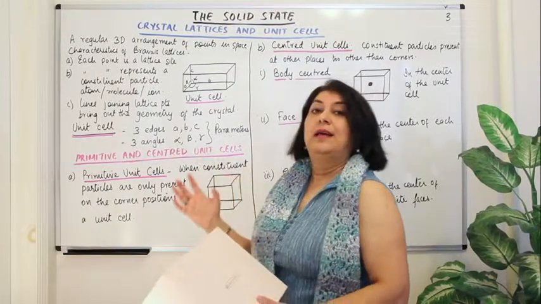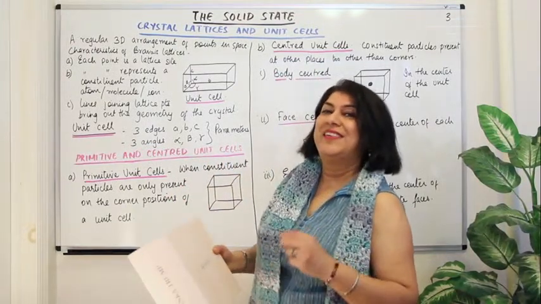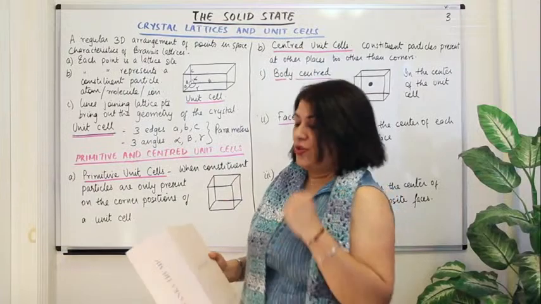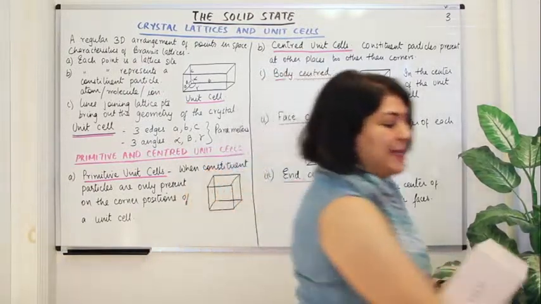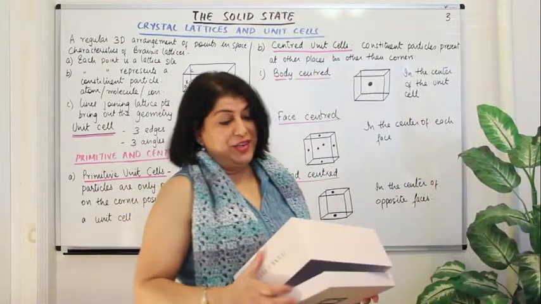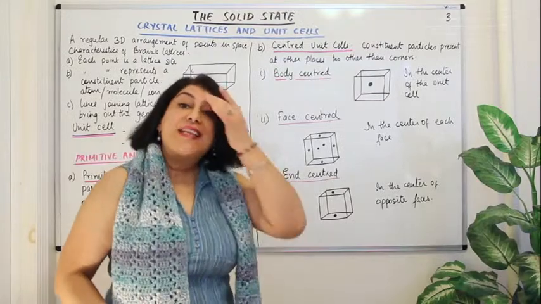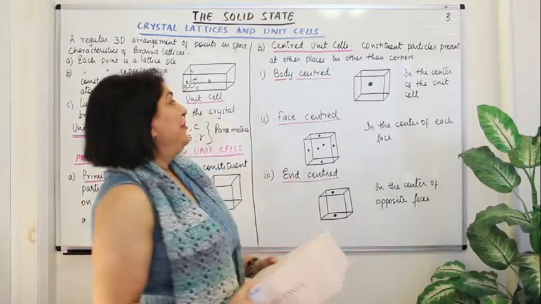Then come a little twists there. That much was not enough. Now God wanted a little creativity, a little art. So how did he bring the art about? He said, let us have a little change, a little difference in the arrangements. So how would we have the arrangements? There are 3 types of centered unit cells. The first is